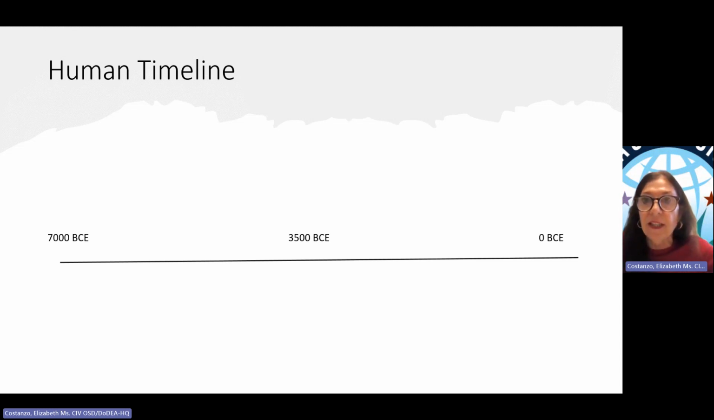So we're just going to take a look at this human timeline they're going to be creating and talk about where they would find today on this timeline. And work through that with the students so they understand this concept of chronology and what timelines look like. All right, so